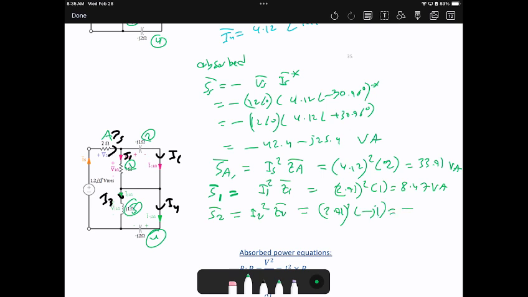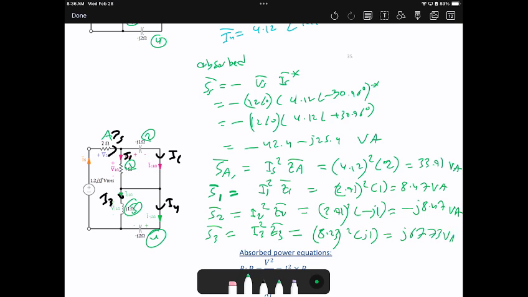So the answer will be negative J 8.47 volt-amperes. For element 3, it is I3 squared times Z3 bar, which is 8.23 squared times J1. So it will be J